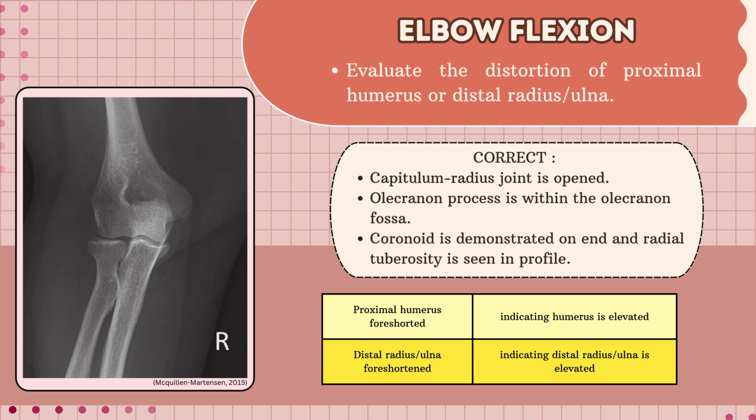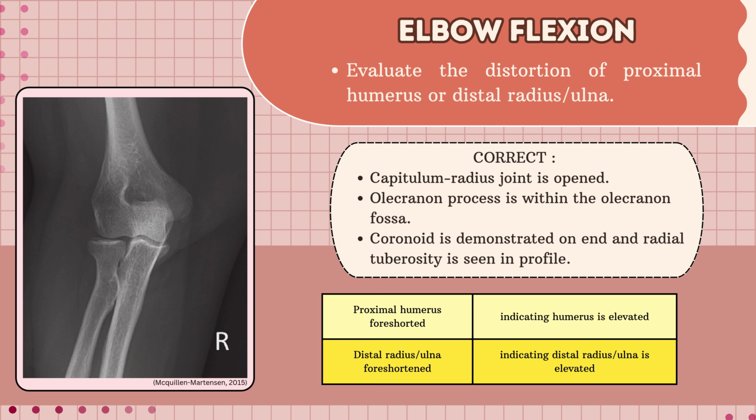Next, we detect the elbow flexion. In detecting elbow flexion, we evaluate the distortion of proximal humerus or distal radius and ulna. The elbow has no flexion when the capitulum radius joint is opened. The olecranon process is within the olecranon fossa, and the coronoid is demonstrated on end and radial tuberosity is seen